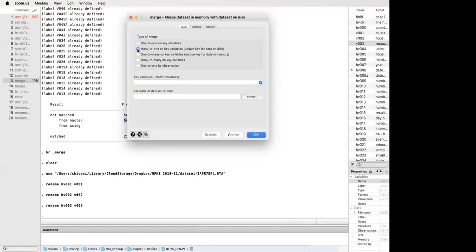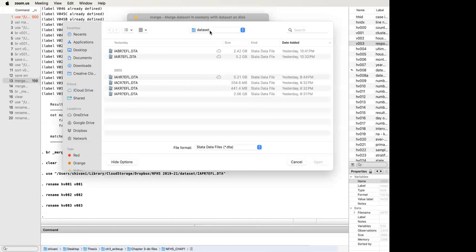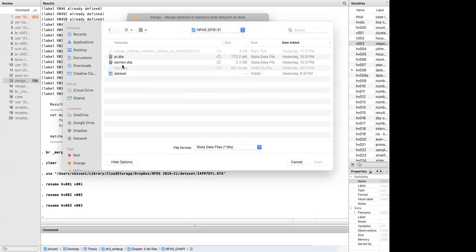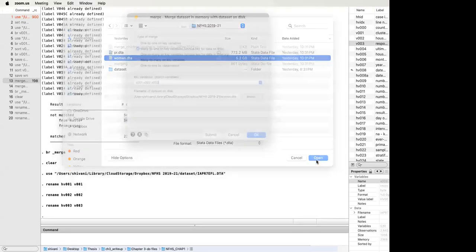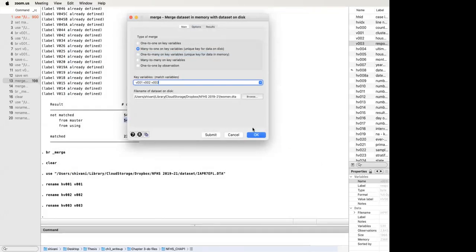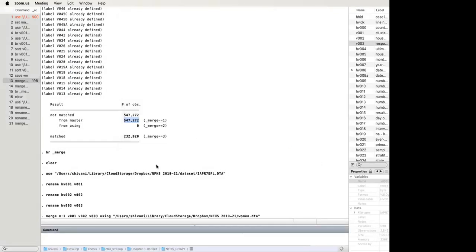Let's try many to one though. There might be something. Let me just do V001. Key variables V001, V002, V003. And then when I browse, I want to go to the women file that I've saved, because the variables are sorted here, right? So when I do this,